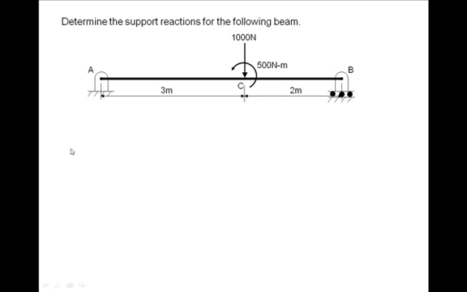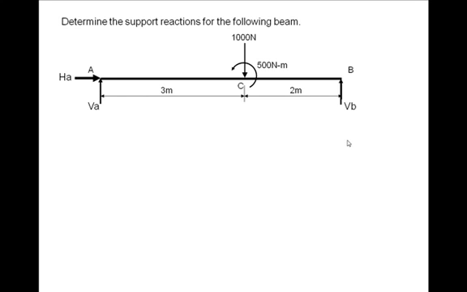Now the steps are like this. First, we replace the supports by appropriate reactions like this. A hinge gives us two reactions, HA and VA. A roller gives us one reaction, VB. This is clarified in video 3 about support reactions. One may want to look at that video. Okay. Now we are very clear on what's supposed to be happening.